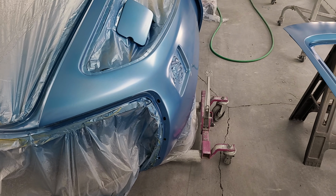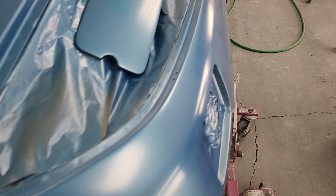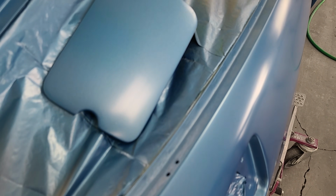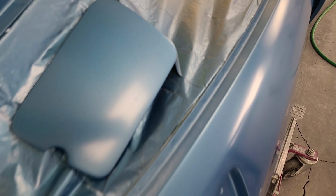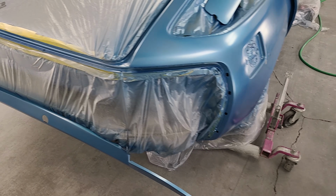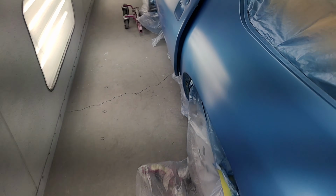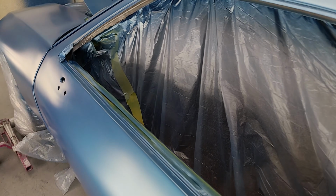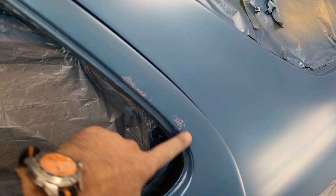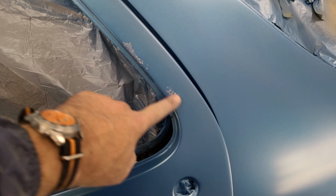I got kind of a wide load to try to fit through here, so I'm going to go through and knock down a few of these little nibs here in the paint. I got a couple of little nibs on the gas door. There you can see one of them in the light. So I got a little bit of color sanding to do, and another coat. Hopefully this doesn't happen again, because I don't want any turtles or whatever the hell that is in my...